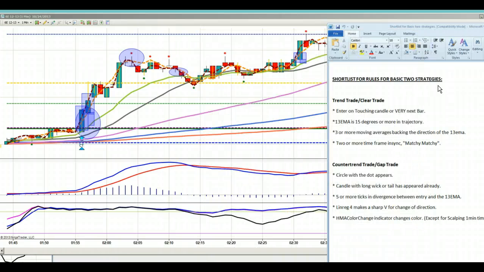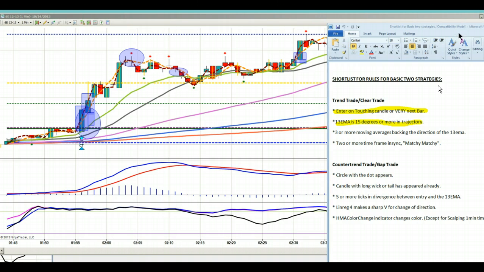Okay, one more rule here we have to cover. The matchy-matchy rule. Now, I get a lot of questions about matchy-matchy, so we're going to get into that in just a second. So let's just quickly read through them. Remember here we had enter on the touching candle or the very next bar. And another thing you can look for is the degrees of your 13 EMA. It must be